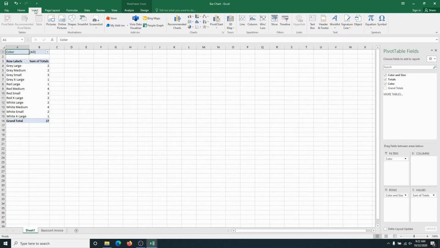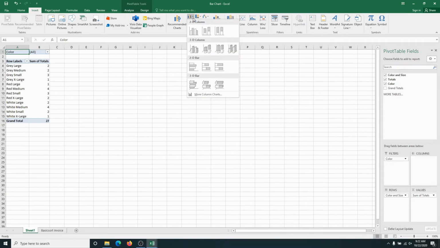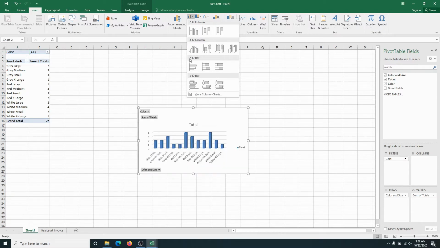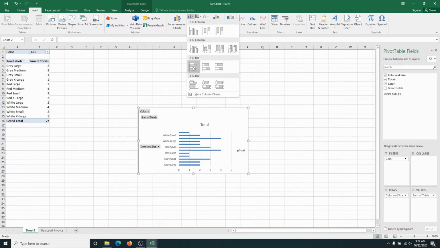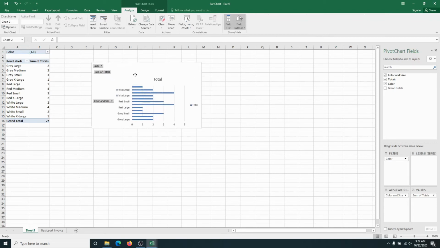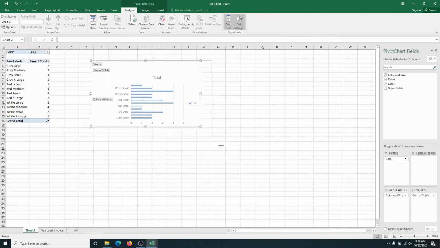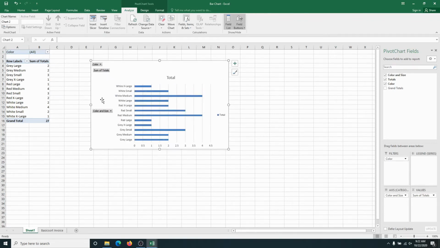And we're going to come all the way over here to the Charts group. We're going to hit the drop-down menu, and we're going to choose 2D bar. Click on that, and we now have a bar chart that compares the sales of all the shirts with all